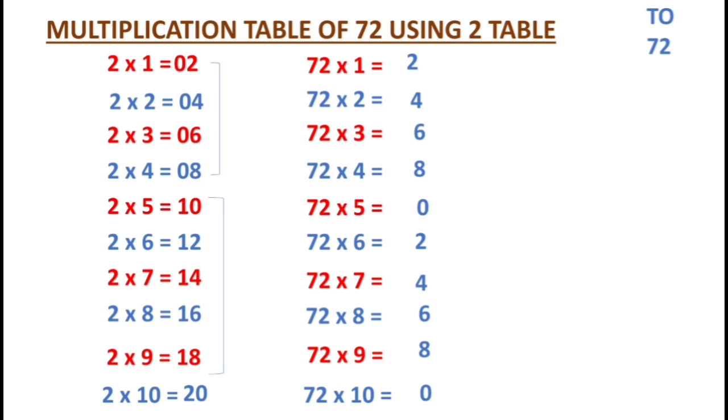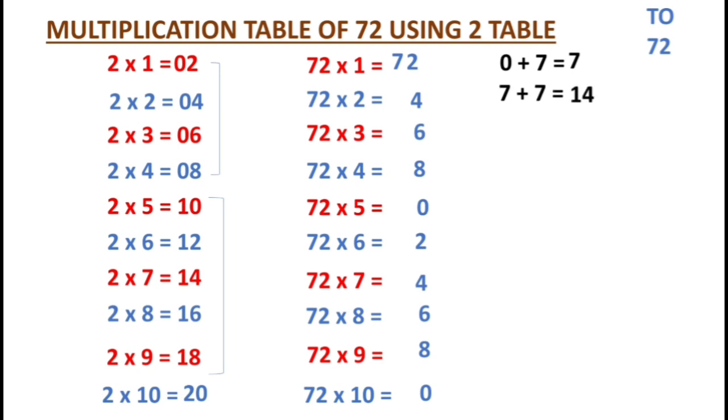Now the tens place is 0, 2 1s are 2. The tens place is 0. 0 plus 7 we will do. In 72, 7 is in the tens place. 0 plus 7, we get 7. Any number with 0, we get the same number as the answer. This is one property of addition. 72 ones are 72. Now what should we do? We should add 7. The sum is 7 plus 7.